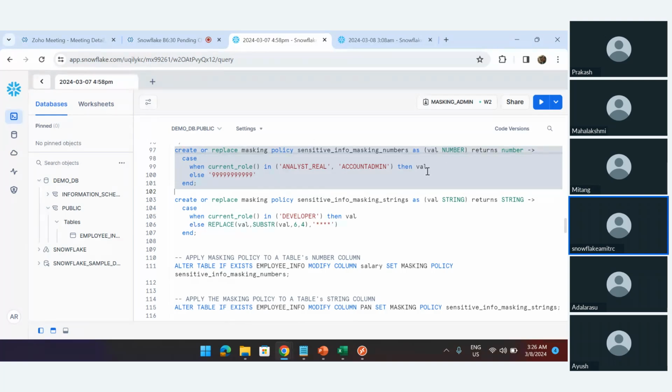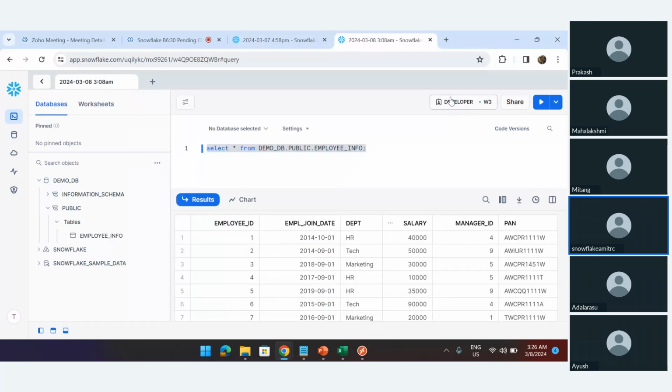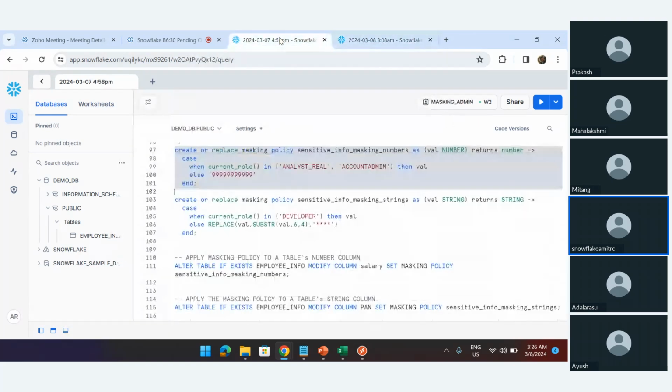So whenever you are wrapping or masking the data, you have to send the original data to the policy and the policy will return the masked data. That is why val is the input parameter, which is the original data, and the policy returns the masked data. Here I am writing logic like case when current role is this role. Whatever role you have selected here, when the current role is in analyst real and account admin,